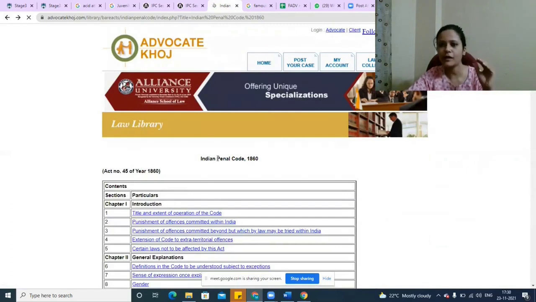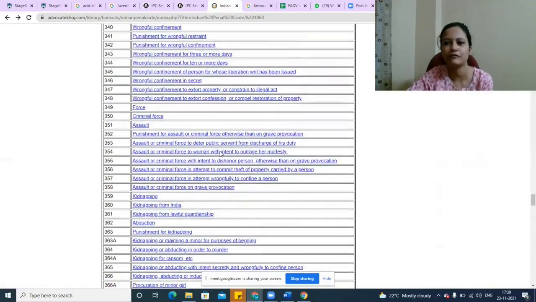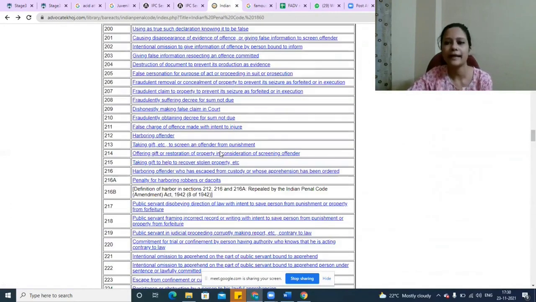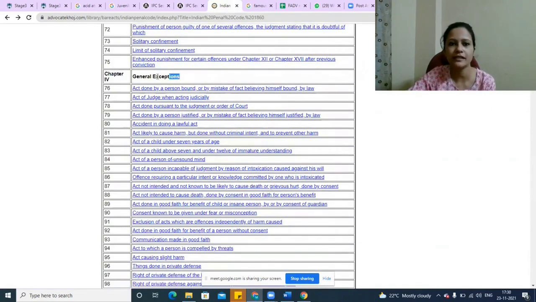That means if we are committing a crime, we will have to face the consequences as well. We will have to face the punishment also. But in IPC, there is one provision called general exceptions, which means fine, you may have committed a crime, but it may be an exception. It is not a normal situation. It was an exceptional situation wherein you committed the crime. And for exceptional situations, you can escape the liability completely or to some extent.